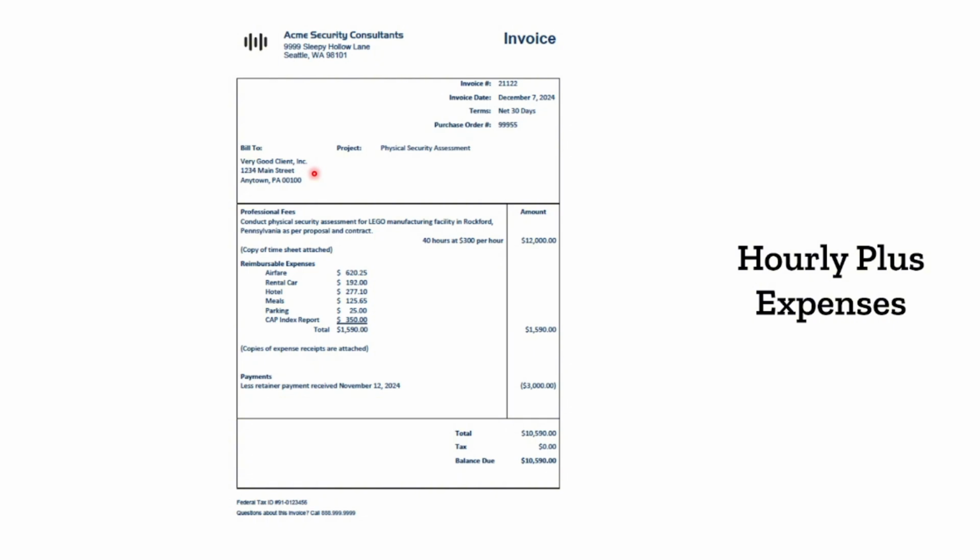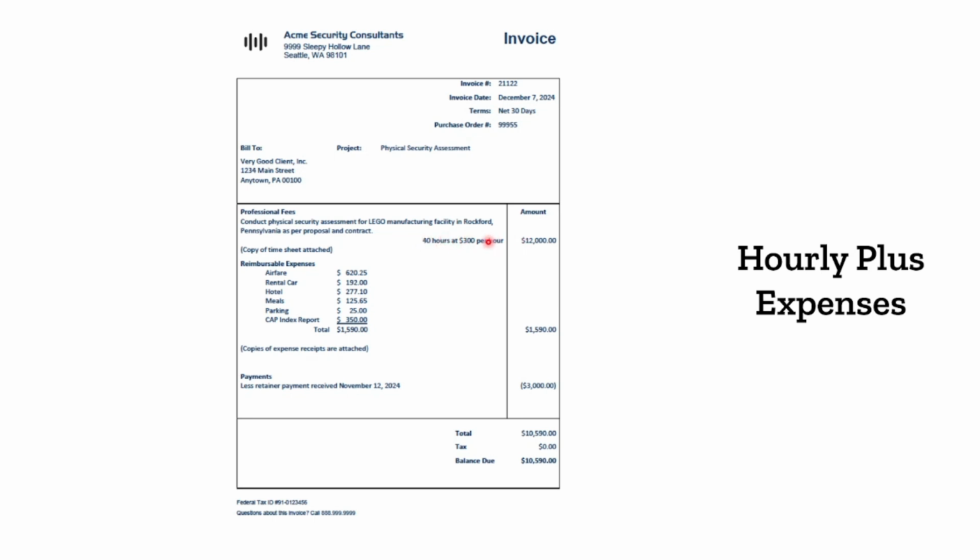Professional fees. This is where you charge for the consulting services that you provided to the client. Within this section, provide a brief description of the services provided and the location where they were performed. Because this is an hourly invoice, indicate the hours being billed for and your hourly rate. In this case, the client is being billed for 40 hours at $300 an hour, resulting in a total fee